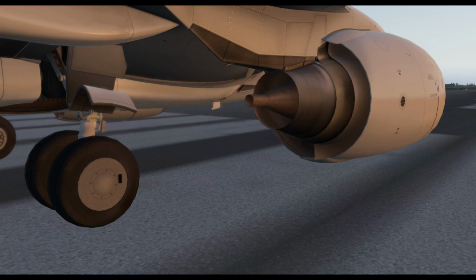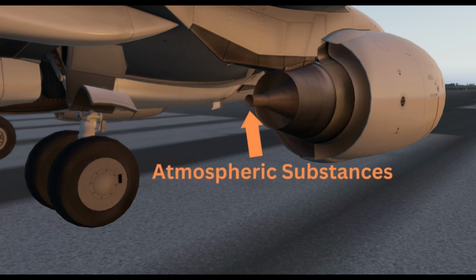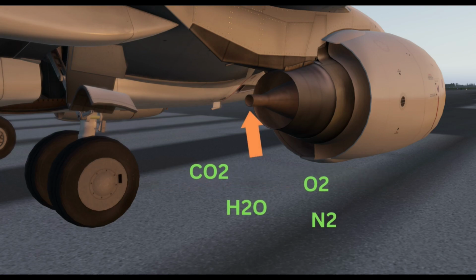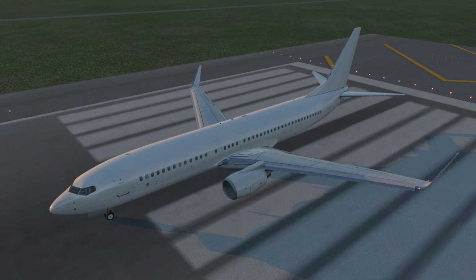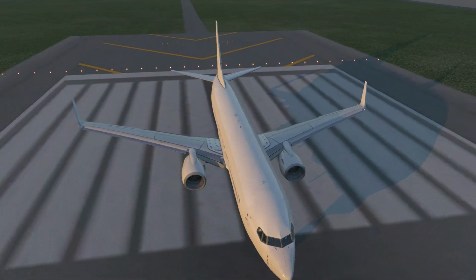Most of the jet exhaust mass comes from the atmosphere, including substances such as carbon dioxide, water vapor, nitrogen, and oxygen, as well as other byproducts from the reaction processes, such as nitrogen oxides, soot, and carbon monoxide, all toxic and harmful. As for airplane wings, we can look at their structure and the names of the main points of